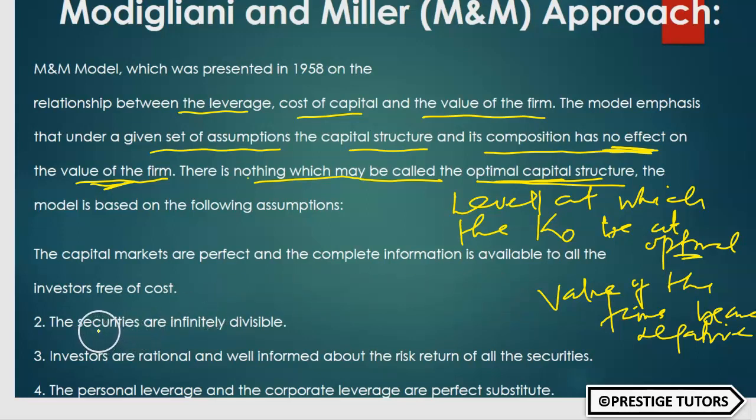They are also saying it's not possible to say there won't be growth. The securities are divisible. You can decide not to take 100% of something and divide it. Let me take 70% and 20% elsewhere and 10% elsewhere. Investors are rational and well informed. Investors, they know what to do. They have information. They operate in an open market, free entry and free exit. They have information to make a rational decision. They know when to buy and when not to buy.